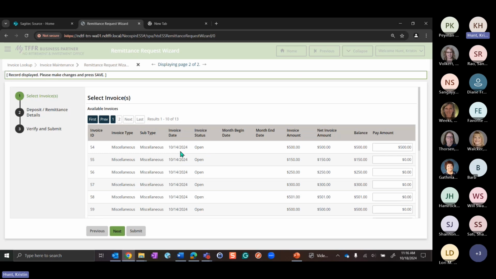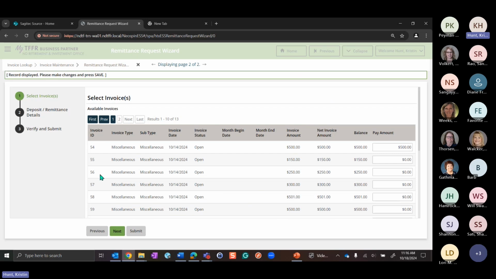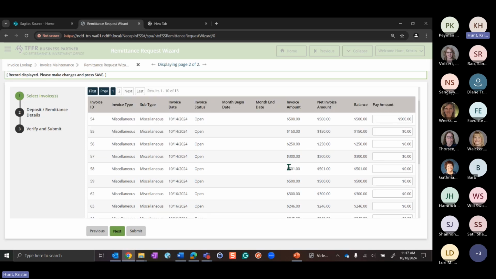As you can see, I have all these different invoices open. I'm only going to pay on this one because this is all your data that I've set up for you for the lab. So please only pay the one that you've been assigned. Otherwise, you're going to take it from somebody else. But in the real world, not in my training data world, you could pay as much as you want. If you have a couple different open ones, you would put that amount in there and pay it. So for today, I'm just going to do this one.